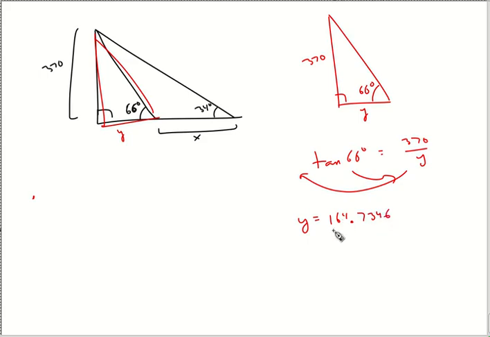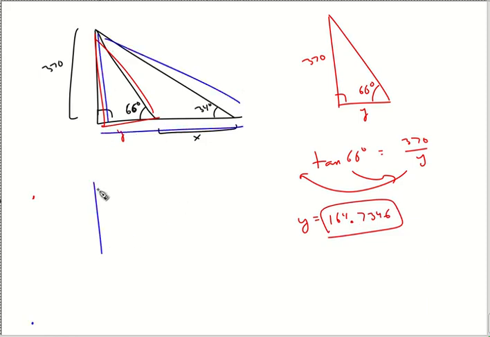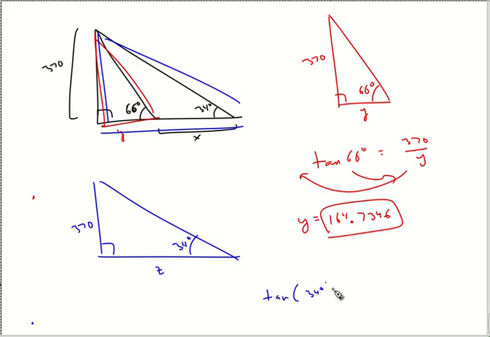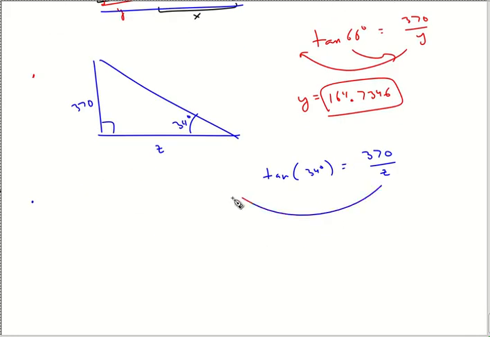164.7346. Okay. And then I want to do the big triangle. And so the big triangle is a 34. And this is a z, so again, z is like the whole distance there. And then I got my 370. Same as last time. Tangent of 34 is equal to 370 over z. Solve for z, move them both around this time. And so z is equal to